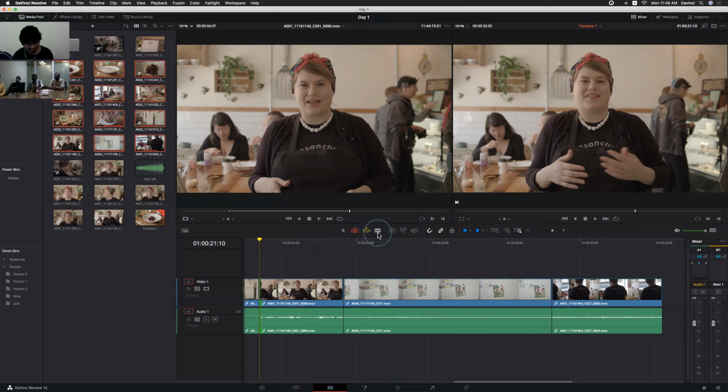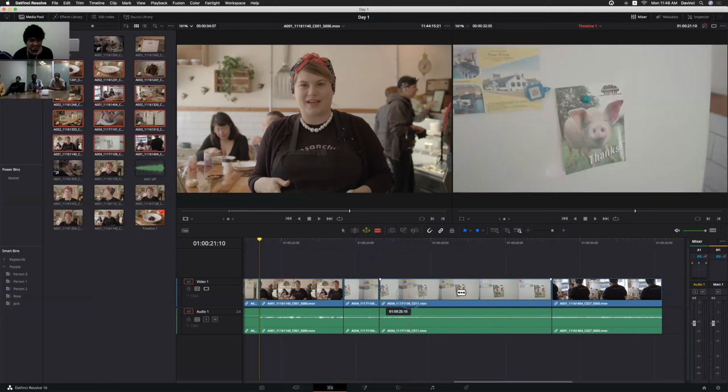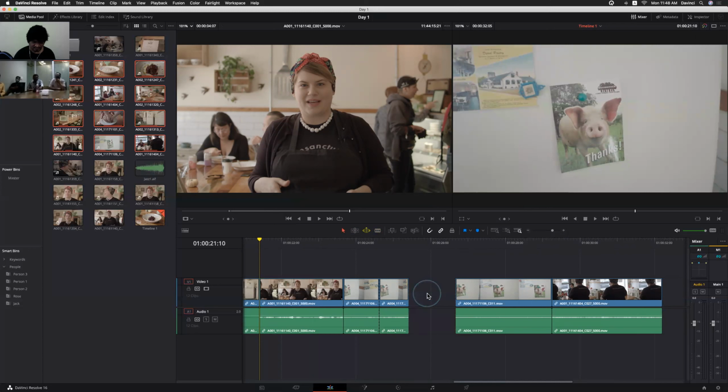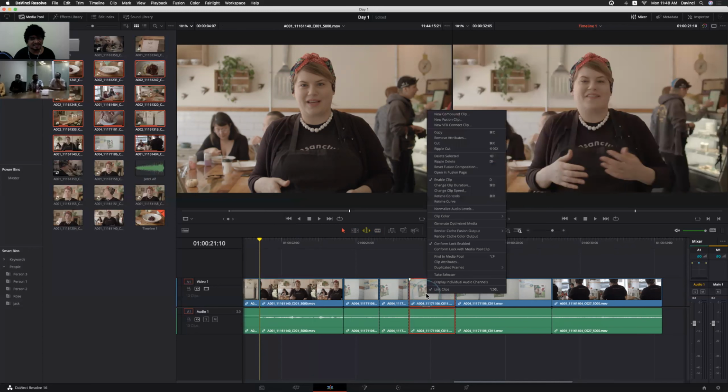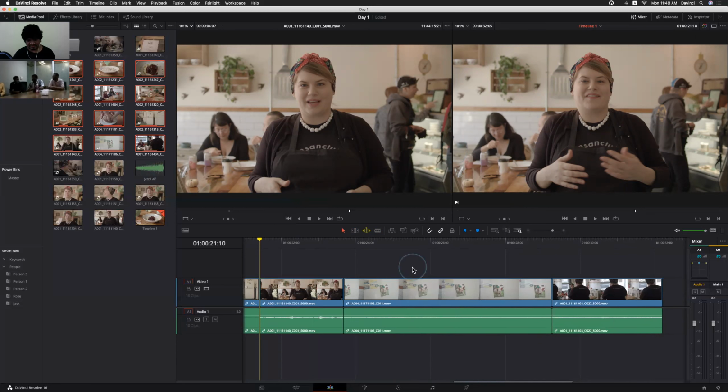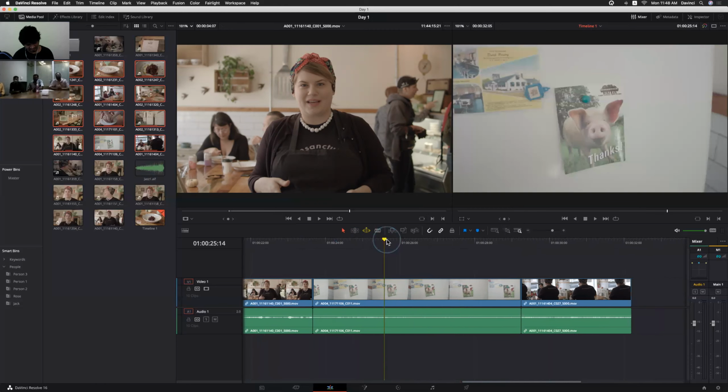And next to that, we do have the blade tool. And I don't think there is nothing more to discuss with the blade tool, right? Let's end everything and select, delete, or if you want to make it a ripple delete, we can do the ripple thing. And instead of using the blade tool, you can always use Command B. Same like Control V, the add edit option, we can use Command B. It will cut the entire tracks.